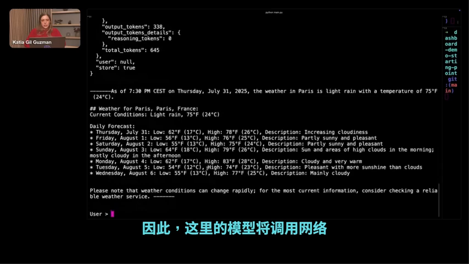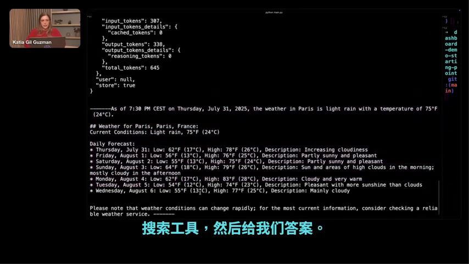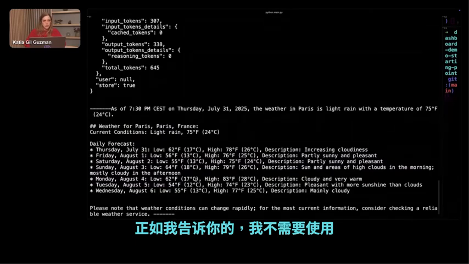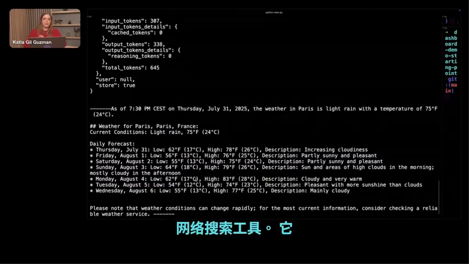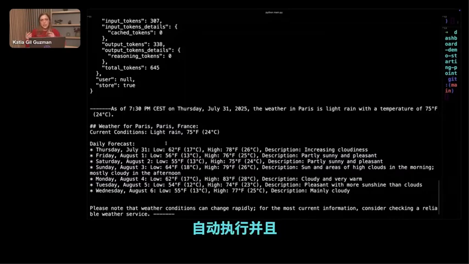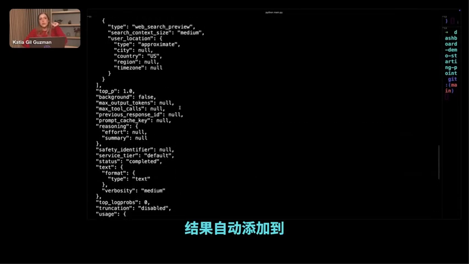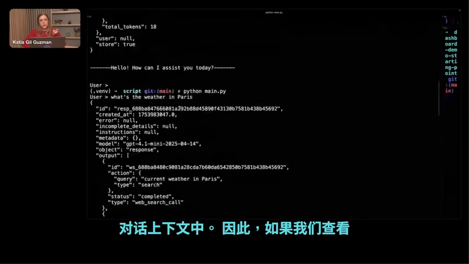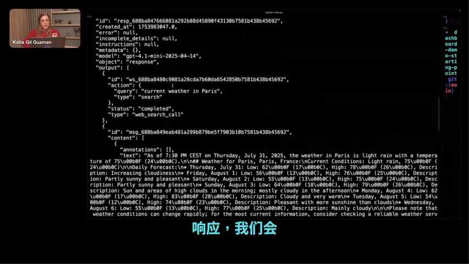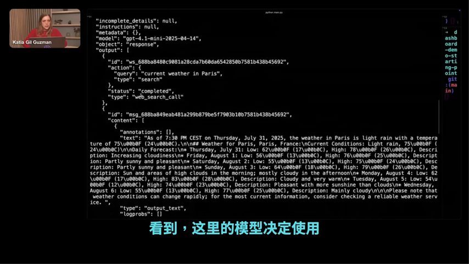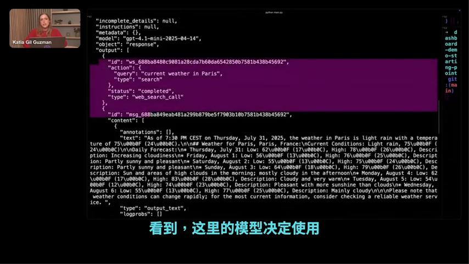And so here, the model will call the web search tool and then give us the answer. And as I was telling you, I didn't have to handle the web search tool. It automatically was executed and the result was automatically added to the conversation context. So if we look at the response, what it looks like,